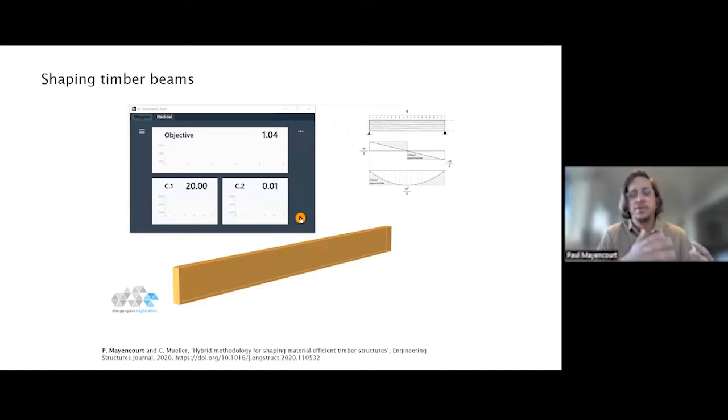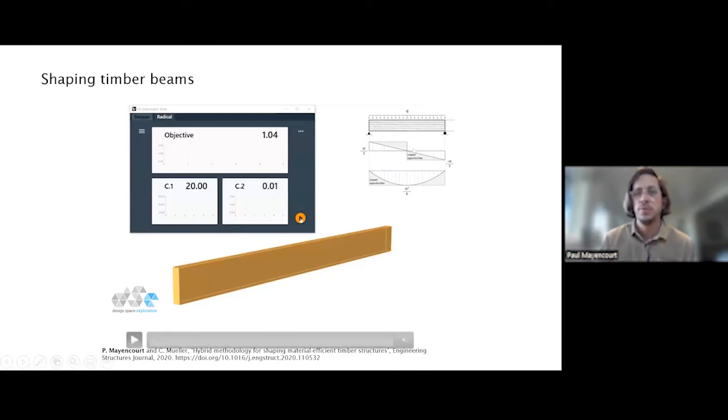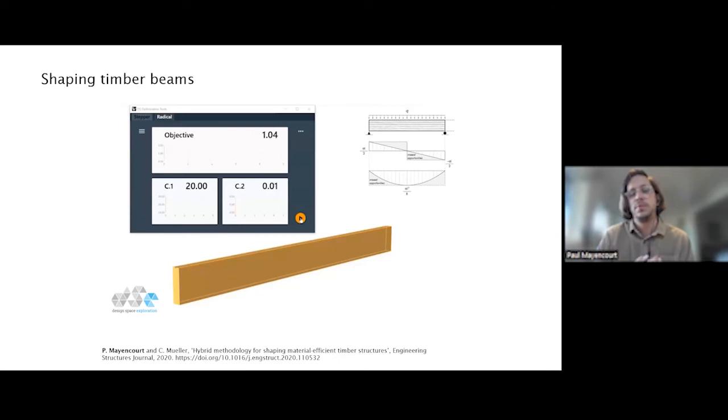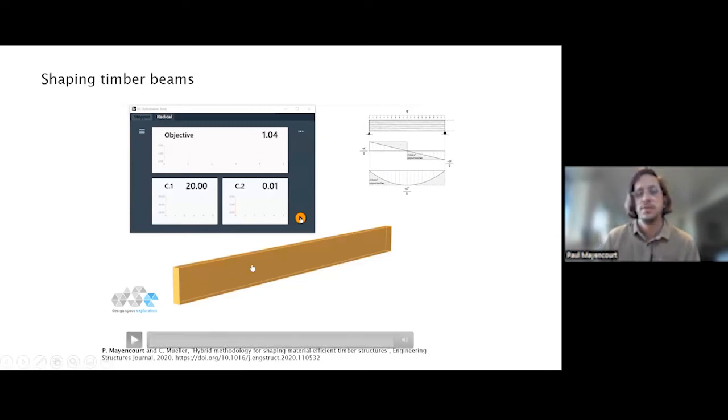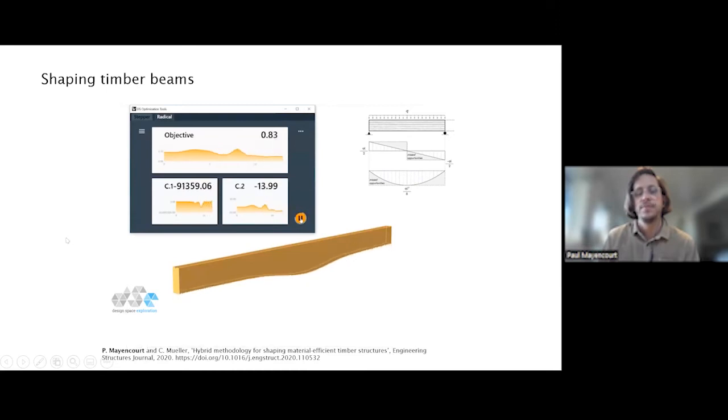So the first aspect was shaping timber beams, and I've mentioned how if you look at the amount of force and how it's distributed inside of a beam, so the inner forces, so shear force and bending moment, you have more bending moment at the center and a lot less at the supports, and then shear will be almost zero or zero in most cases at the center, going up towards the maximal shear force at the supports. And you could take that into account and change the shape of a timber beam. So you can see here the original timber beam, and if you optimize it to follow the amount of force that is in it, you could get a timber beam that has a slight belly underneath, where you put material where it wants to be.